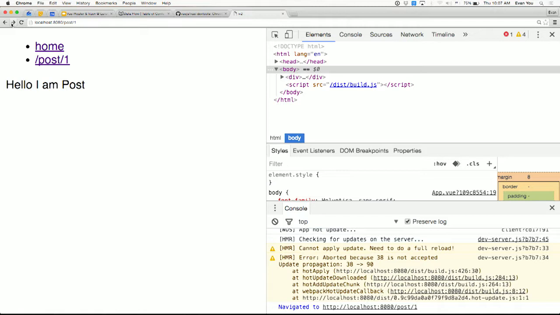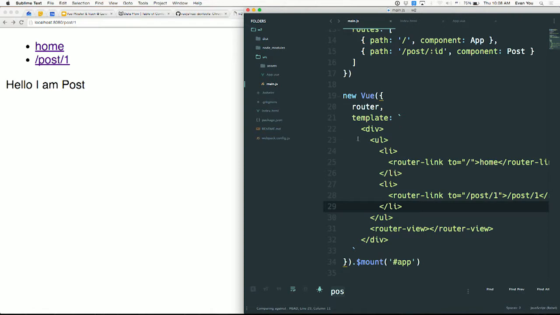In addition, Vue 2.0's transition system works seamlessly with router views, which means you can have fancy animations when you're navigating between routes. You can have the next page slide in and slide back out when you navigate away, instead of a hard refresh. These are things that are just not possible if you're doing a full backend rendered app, but it results in much better UX as a single page application. So to demonstrate that,